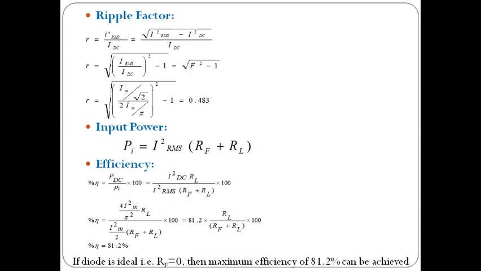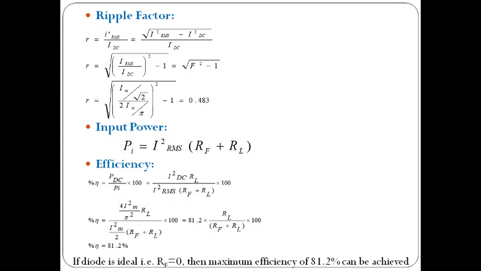Here you need to remember this 0.483 for the center tapped full wave rectifier, and for the half wave rectifier it is 1.21. So it is less than half of the 1.21. Yes, 0.483 is a very small value compared to the half wave rectifier. That means we overcome the drawback of the half wave rectifier in the ripple factor parameter. In the half wave rectifier we have 1.21, now it becomes 0.483.